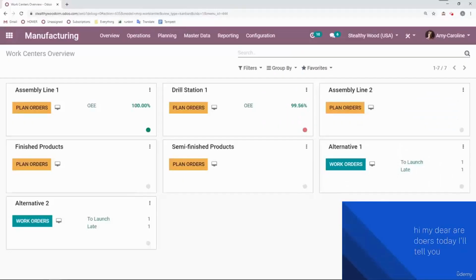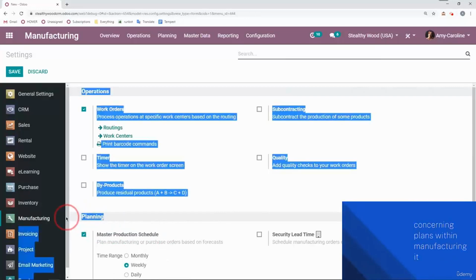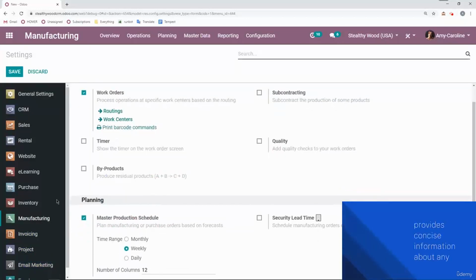Hi, my dear Odooers. Today, I'll tell you about the master production schedule. One of the main benefits of the master production schedule for us is the planning it supports within manufacturing. It provides concise information about our manufacturing plan and gives us a clear understanding of what to expect. It also helps us prioritize requirements within the supply chain by analyzing all